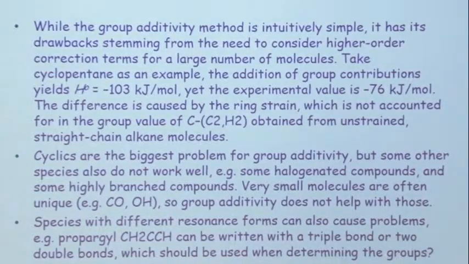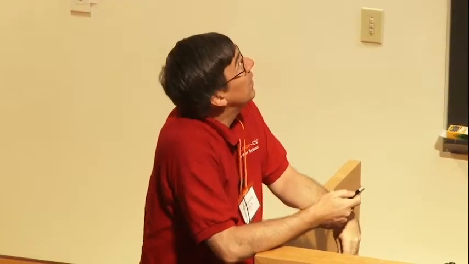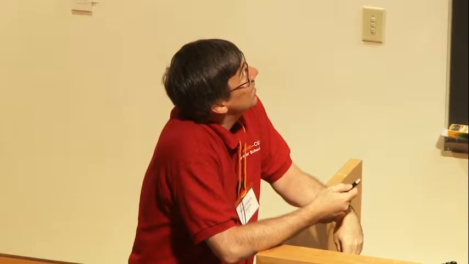And that's because the CH2 values were derived from straight chain alkanes that were free to flop around. But now when I put them in the 5-member ring, it's kind of stiff and they're held there in an uncomfortable position. And so their energy is slightly different. And this is even worse if you have fused ring cyclics, like polycyclic aromatics. Then the group methods work more and more poorly. And then there's other cases, some halogenated compounds, some really branchy compounds also give very poor estimates by the group